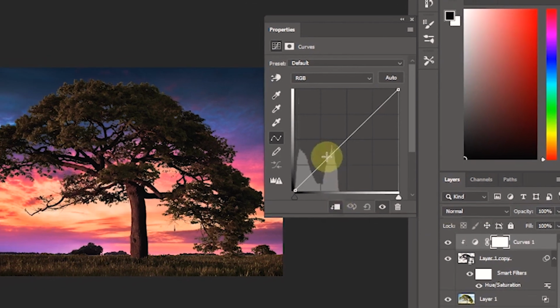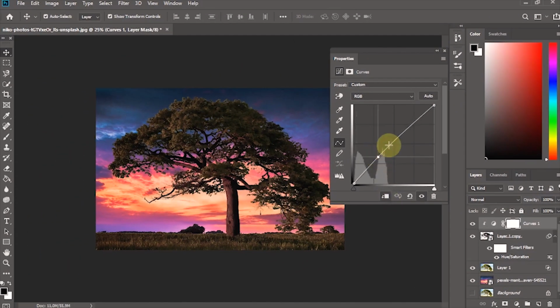After that, adjust the lighting section in Curve settings. And the result is like this.